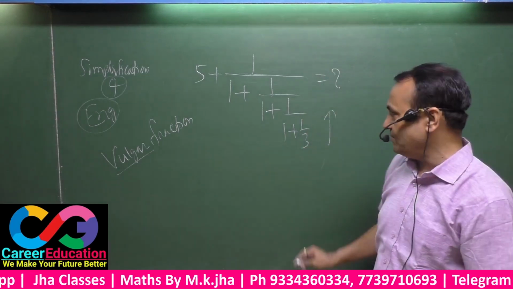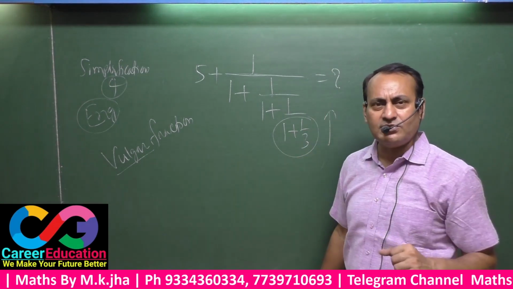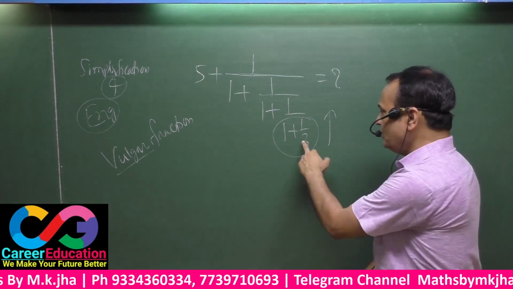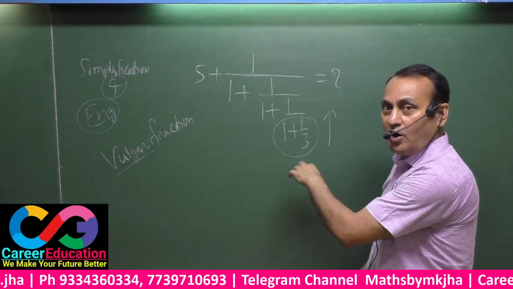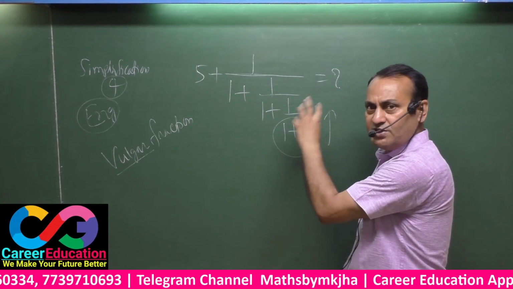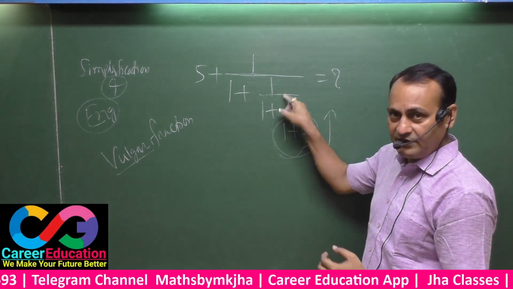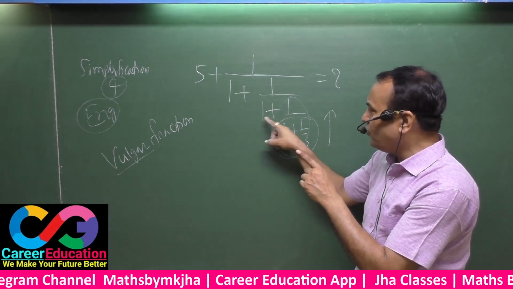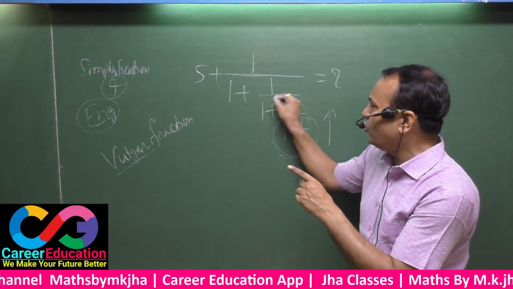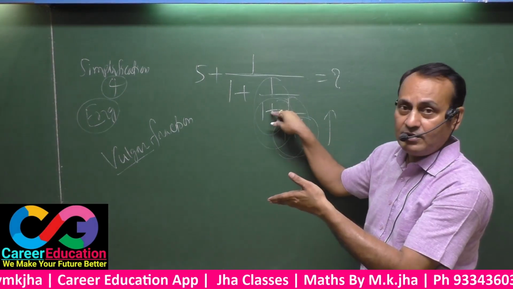Okay, after some time, see here, the solution of this is 4 by 3, of course you solve. This is 3 plus 1, 4 by 3. How fast you can solve? This is 4 by 3. After reversing, 3 by 4, then 3 by 4 plus 1 is 4, so 4 by 7. This 4 by 7 will be reversed, 7 by 4.